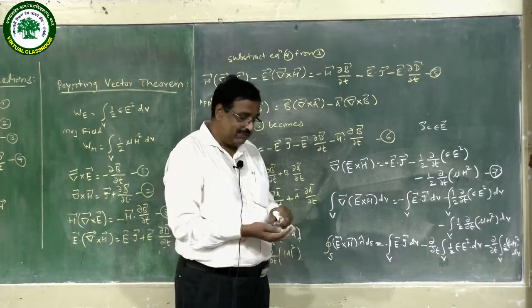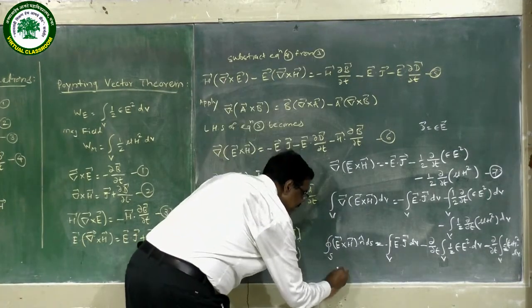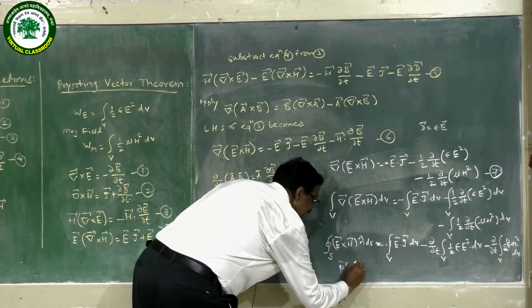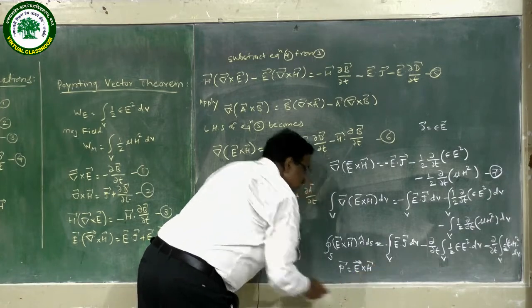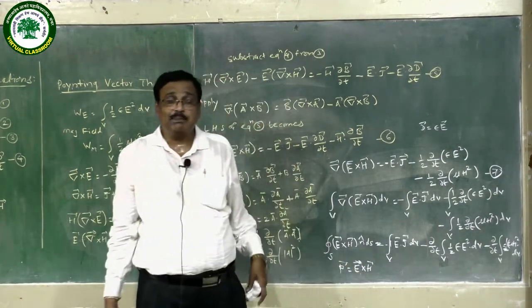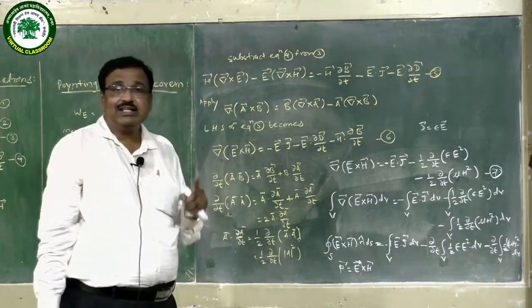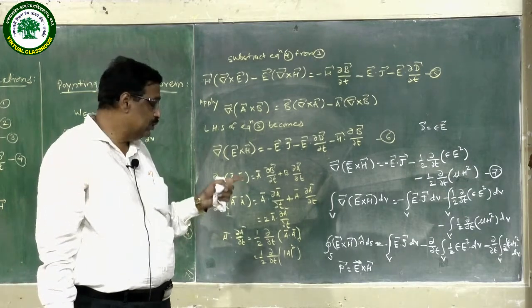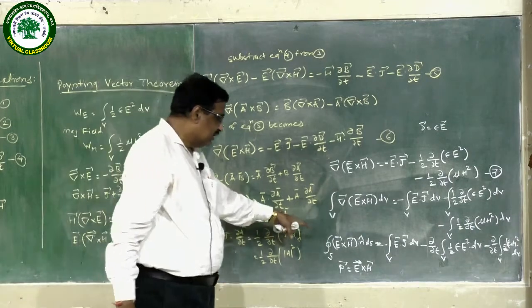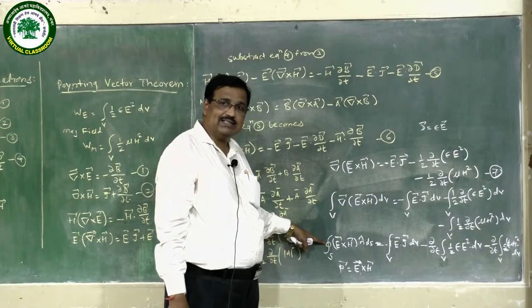This vector is sometimes indicated by P, and in some books it is also denoted by N. So P is the Poynting vector, given by vector E cross H, where E and H are always perpendicular to each other. Now, the Poynting vector is always perpendicular to both vector E as well as vector H, right? And so the amount of energy or flow of energy can be expressed